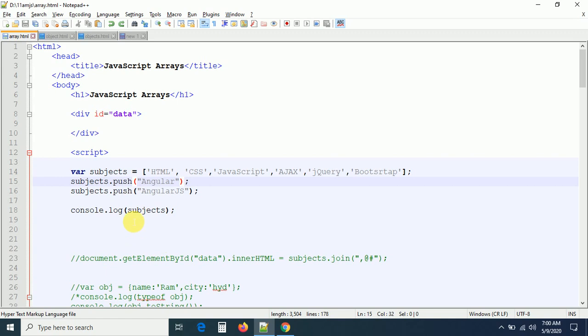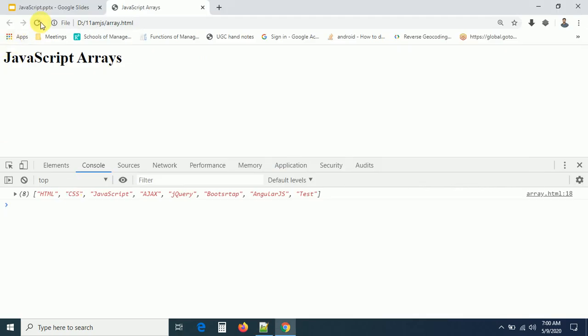If we want to add multiple elements, in the sense I want to add Angular, comma, you can take one more value here. Angular, Node I'm taking, and one more thing, React. Let us take these multiple values here. Let us check whether it is going to add or not. React.js. Can you see, if I refresh, what is going to happen?